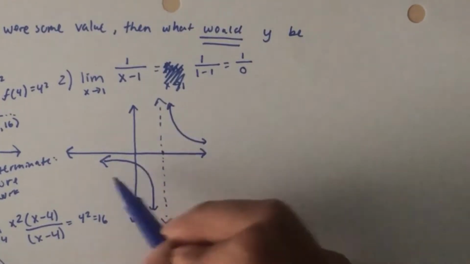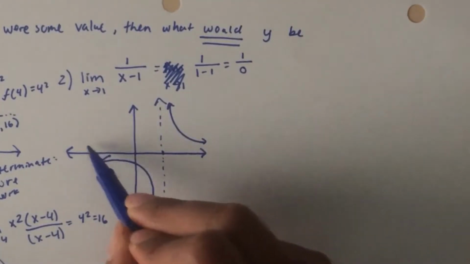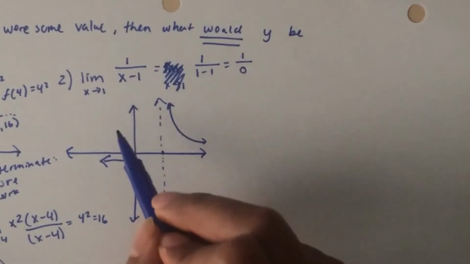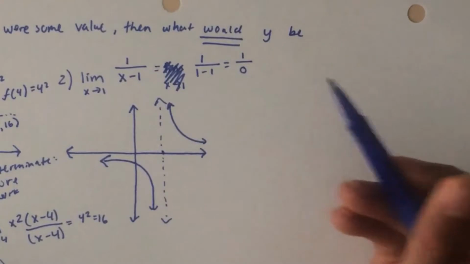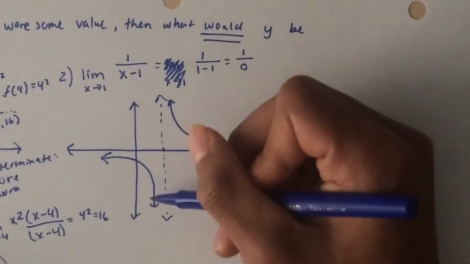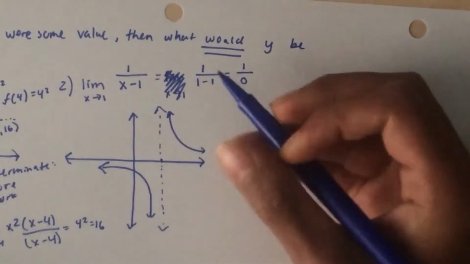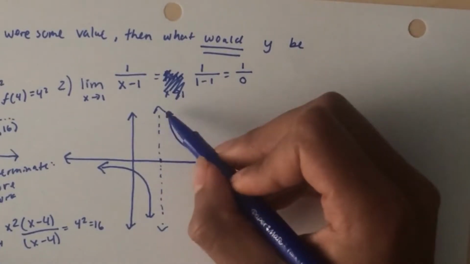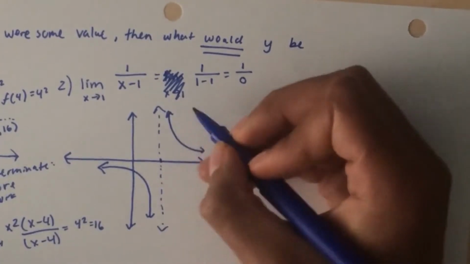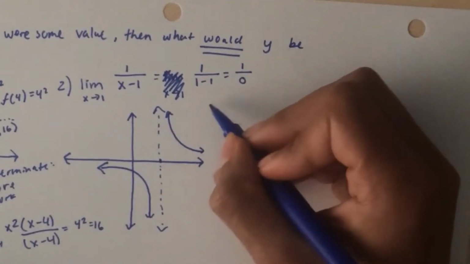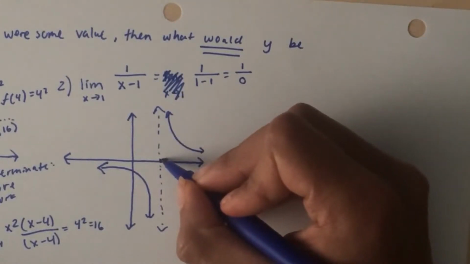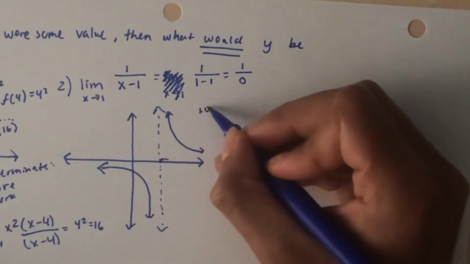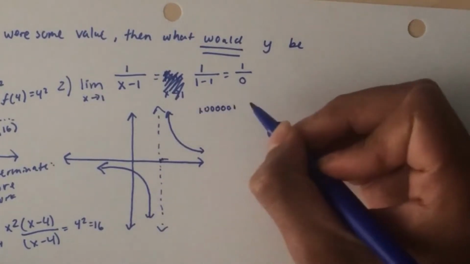When you approach a very large x number, it's going to be approaching 0. When you approach a very negative number, it's still going to be approaching 0, because 1 over a really, really large negative number is close to 0, right? But here is the behavior that we really want to look at. The way I like to think about it is, if I didn't have a calculator, as this value gets infinitesimally close to 1, let's say it's